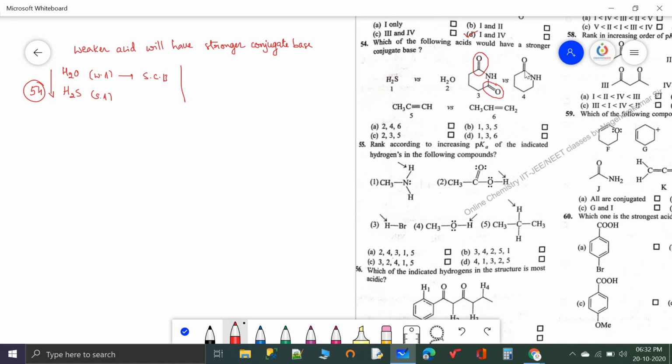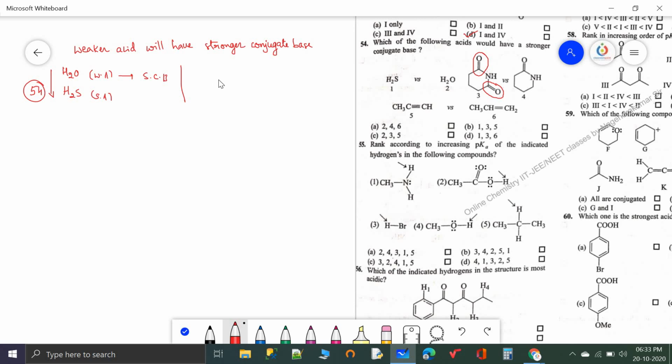And in this case, only one side has the electron withdrawing group, the other side it is not there. So comparatively with the third compound, the fourth compound is the stronger base. So a stronger base will have the weak conjugate acid. But they are asking for the weaker acid. Okay, it is a stronger base, so it means it is a weak acid. So weaker the acid means stronger will be its conjugate base.